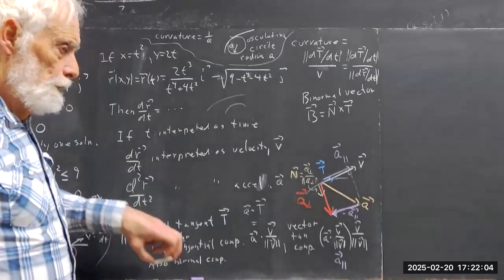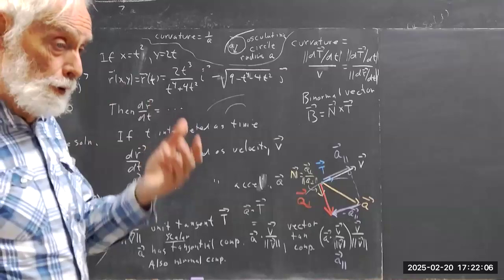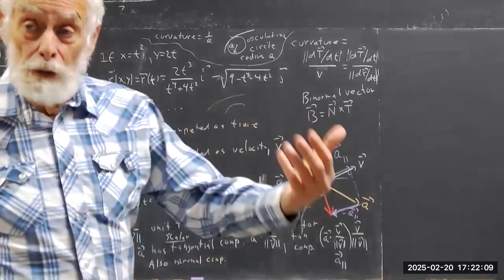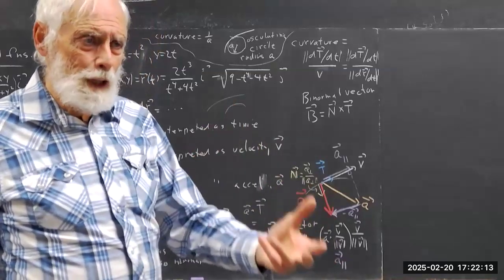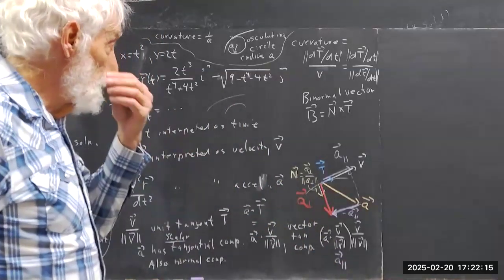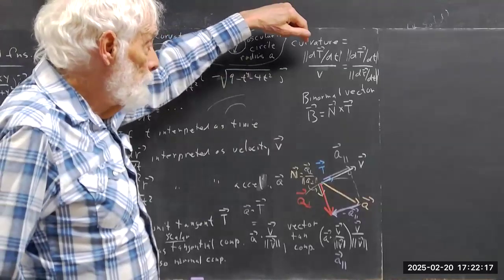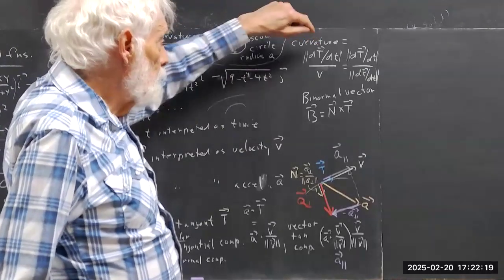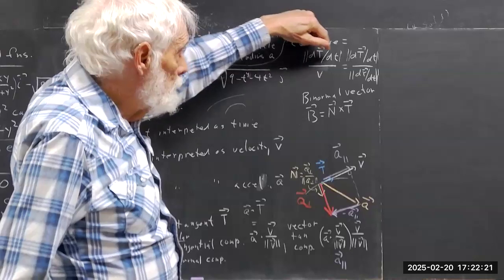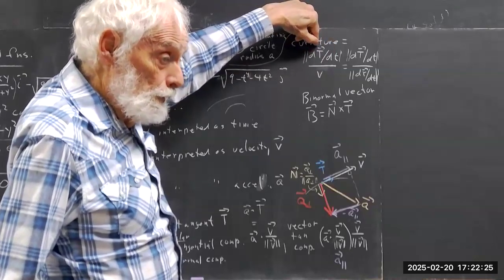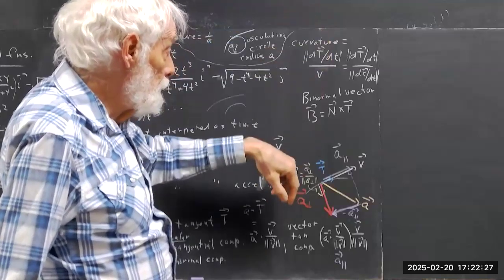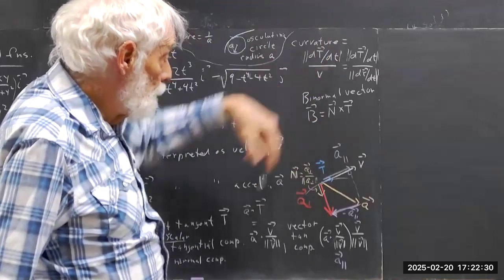Now, a little later, we'll talk about parameterizing a curve in terms of arc length, and we'll relate that result to what I'm talking about right here. But intuitively, what we're doing is taking our curvature and dividing the rate of change of our unit tangent vector, which is just the derivative of the unit tangent vector with respect to time. And we just take the magnitude of that